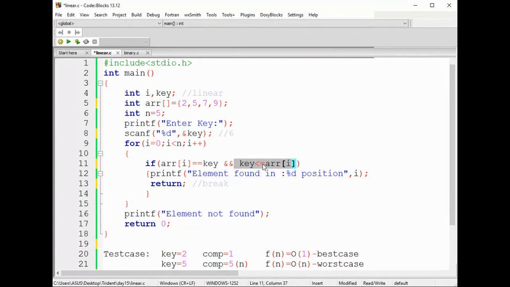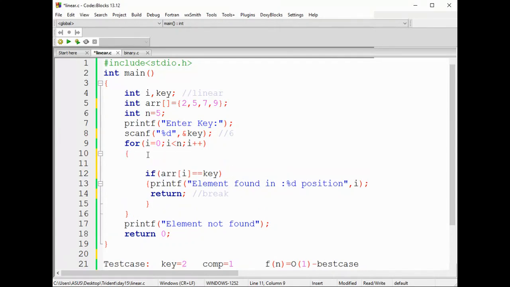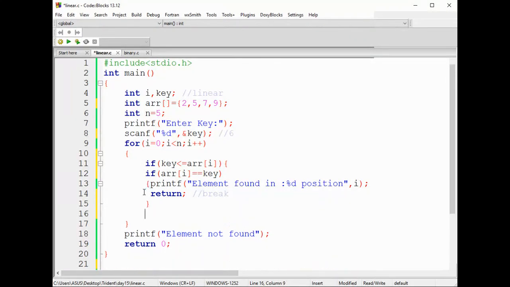Instead of adding a condition here, we can add it above. I can put one more if above it: if your key value is less than or equal to array of I, then you can go ahead with this process. Else, break.